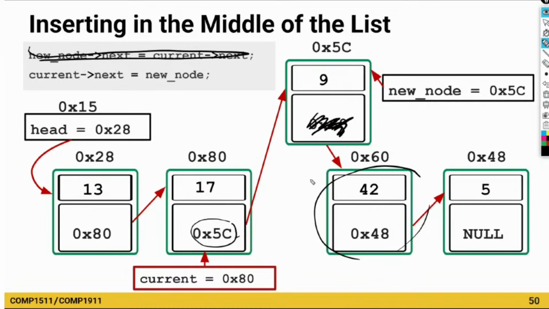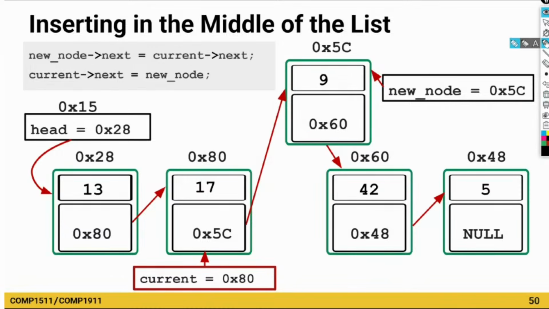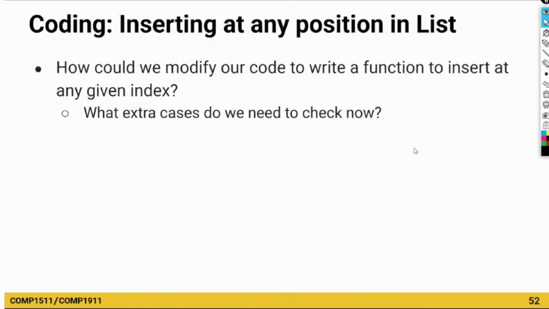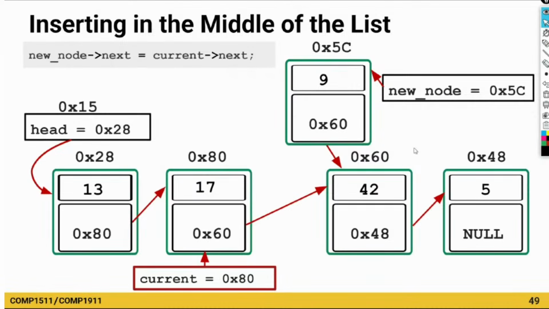So if we do it the other way around, we do it this way, oh, I need to go back to the slide. If we do it the other way around, yeah, we put this into here first. Then we can overwrite this one and make it point to here. So sometimes the order you do things in with linked lists can break things because you're just overwriting addresses that you're going to need. So when we look at the code,